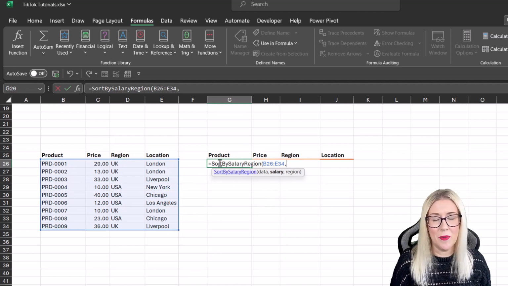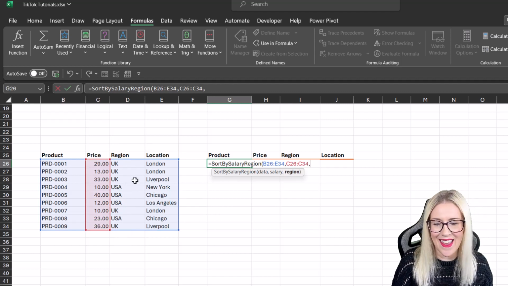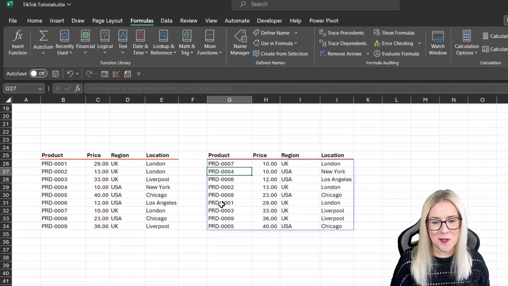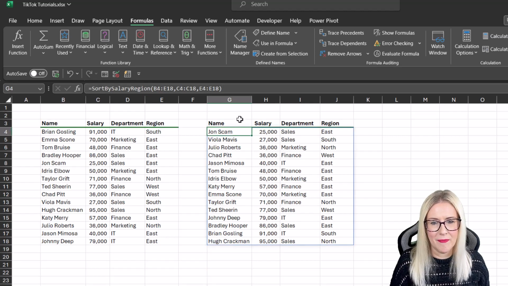comma, salary, well, that can be whatever you want it to be really, so I'm going to go for price. And then region, I'm going to choose location just here, close the bracket, hit enter, and it's going to perform the sort. If I wanted to go back in and maybe modify these labels, I would need to go up